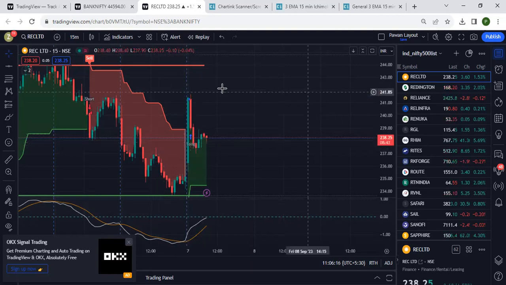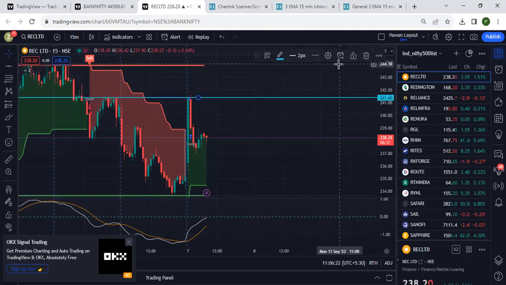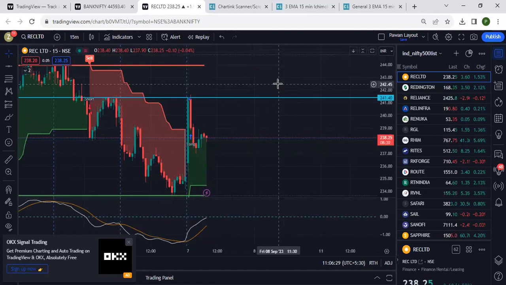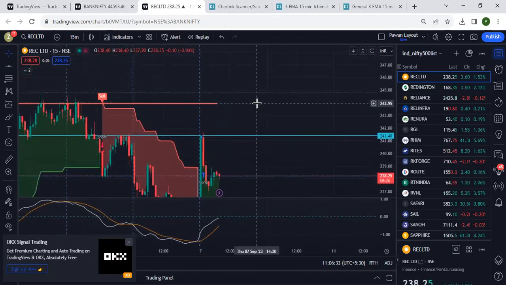But the ideal entry price should be 241 rupees 40 paisa. Above 241 rupees 40 paisa, one could enter into the stock